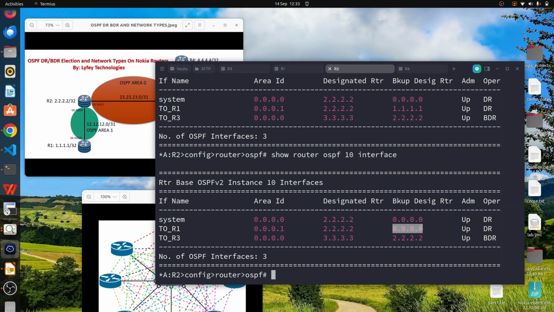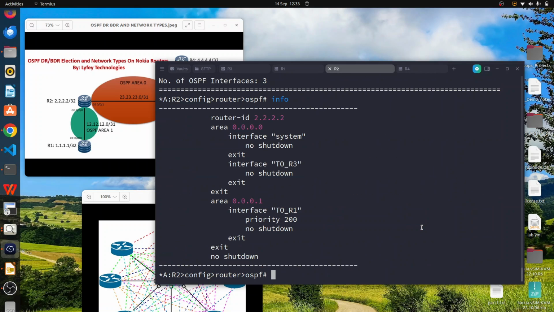The next thing that we need to check is how to configure the network types. So I have mentioned that OSPF supports different network types. We can have broadcast, the one that we have. So by default, it will be set to broadcast. If I check info